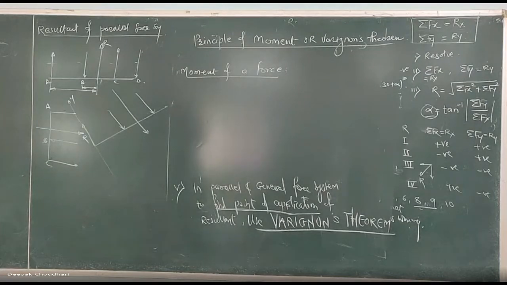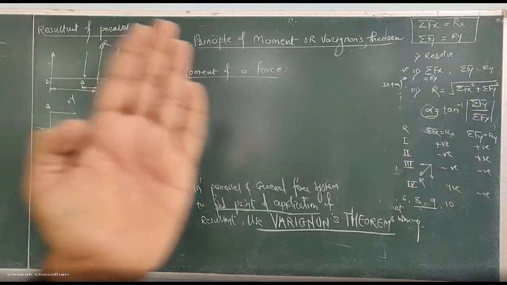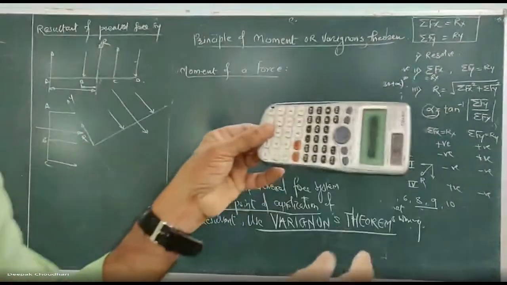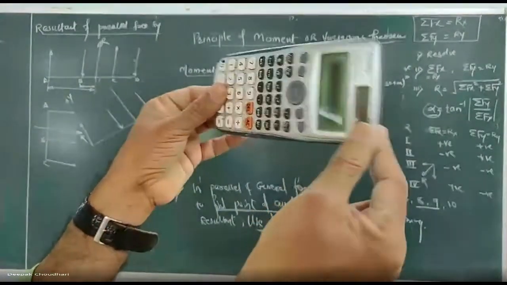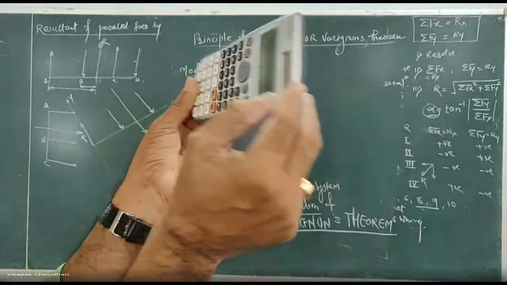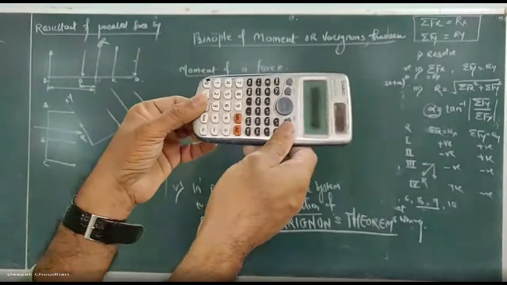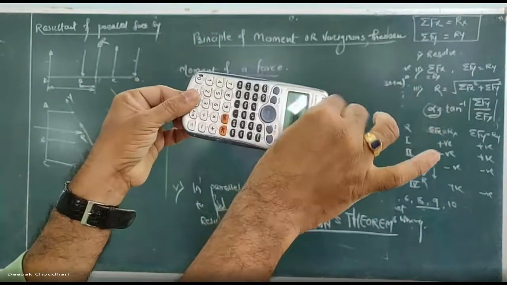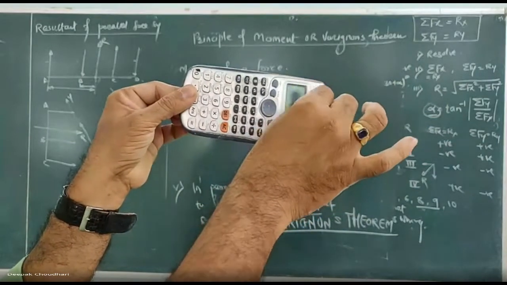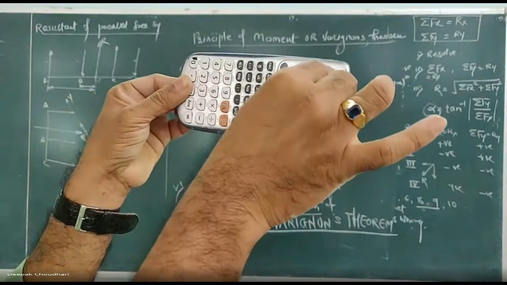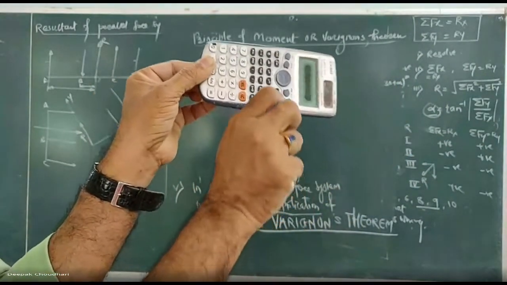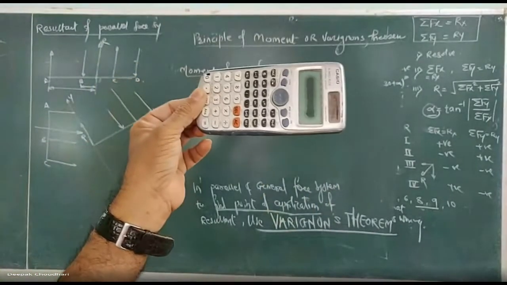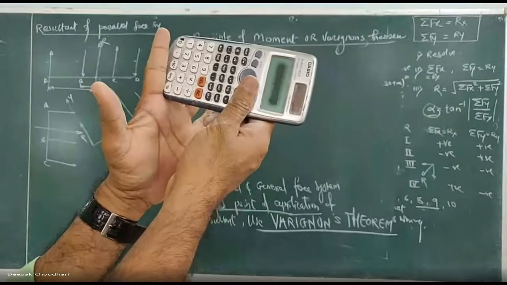For example, suppose I want to open and close the door. To open and close the door, I need to produce rotational motion. And how am I going to produce that rotational motion? I am applying the force here. This force into this perpendicular distance produces the moment on this door. And because of that moment, this door can be opened and closed. Understood? Here there are hinges.